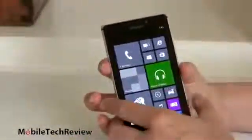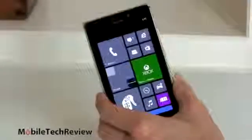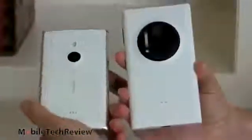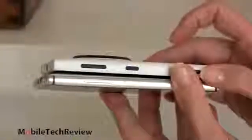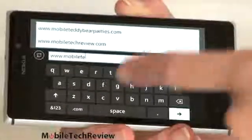It may not be as good as the Lumia 1020, which of course costs even more money and is on a different carrier, AT&T, but it takes pretty nice shots, and the Lumia 925 of course is a lot thinner and lighter than the Lumia 1020. And now we'll check out web browsing with IE10 Mobile, and you can see the on-screen